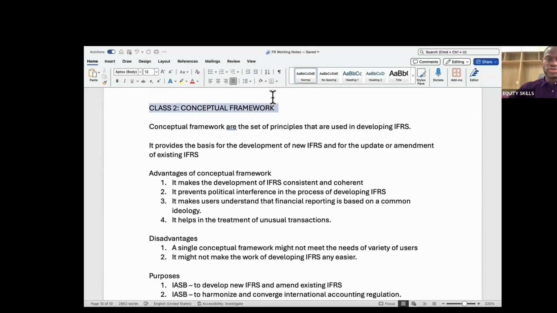Today will be our class 3. And today we'll be moving on to ethics in reporting, as well as technology in reporting. We'll look at ethics in reporting and technology in reporting. Then, maybe later on in our next class, I would jump to analysis and interpretation of financial statements.